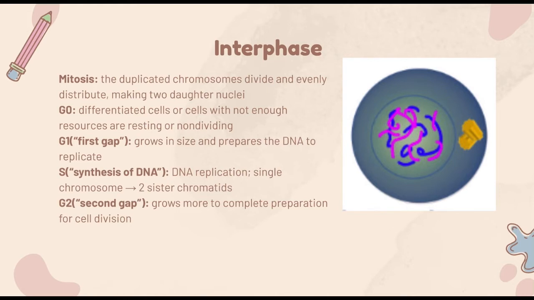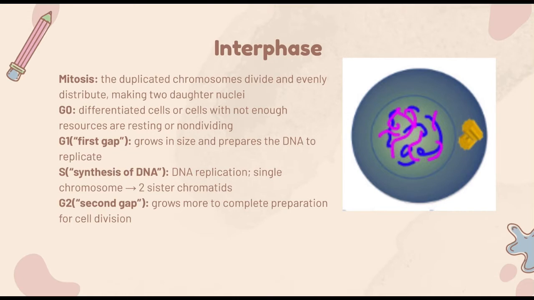Here, the cell grows in size and prepares for the DNA to replicate. Between all these steps, there are checkpoints and growth factor proteins to help determine if the cell can continue through the cycle or differentiate. Then the next step after G1 is S, the synthesis